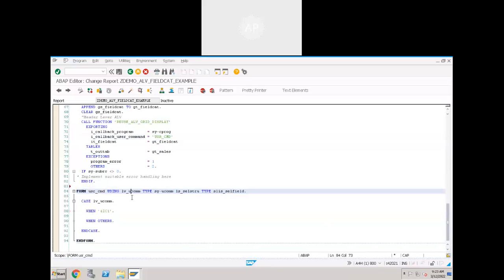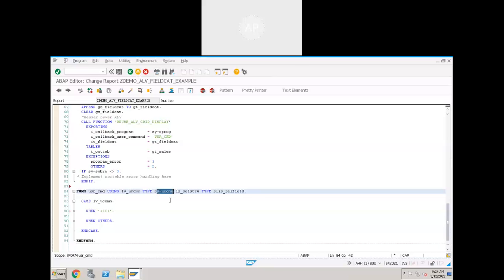What is UCOM? LV_UCOM, we have defined as one importing parameter, type SY-UCOM. What is SY-UCOM? SY-UCOM is a system variable which holds the button actions. When the user clicks on some button, it will capture that action. Every button will have some code.